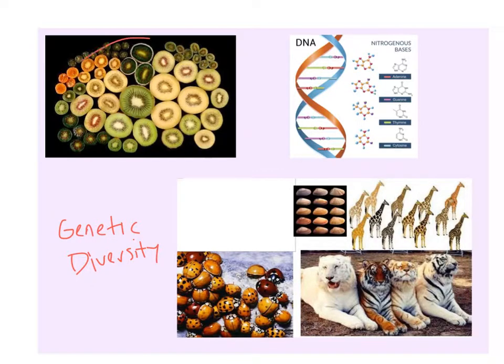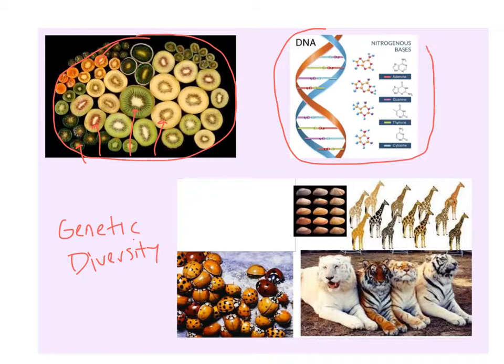So here, this is a fruit common in tropical areas called the kiwi. You can see not all these kiwi look the same. This one's very big and green. This one's more yellow. This one's got a little red in it. These guys look way different. These guys are orange. All the same species of kiwi, but they have a variety. They're not all exactly the same. And that's due to their DNA.